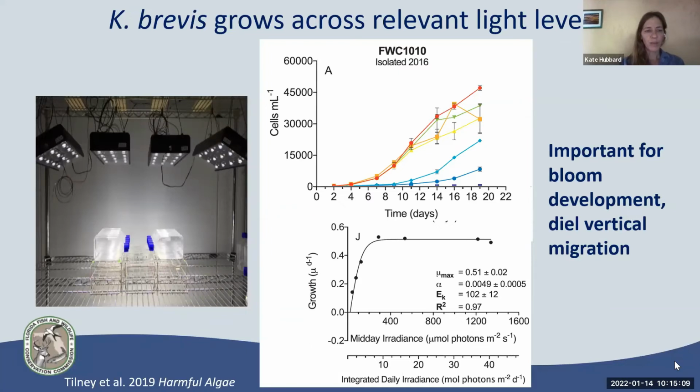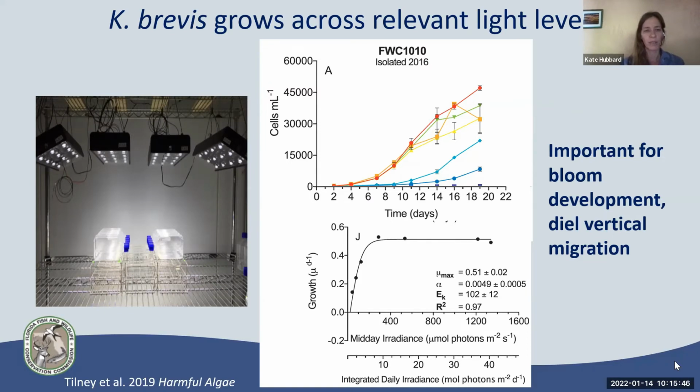So these are some experiments. That's how we grow cells in the lab on the left. And we have LED lights, which is something that we've been able to integrate into our culturing. And we grow Karenia brevis in the lab to see how it responds to different environmental cues. The LED lights have been great because they're cool. Usually in the past, when we've tried to have really high light simulating what's going on at the surface ocean, we would also be heating the cells up because the lights are producing so much heat. And doing this, we were able to simulate a huge range of different light levels,